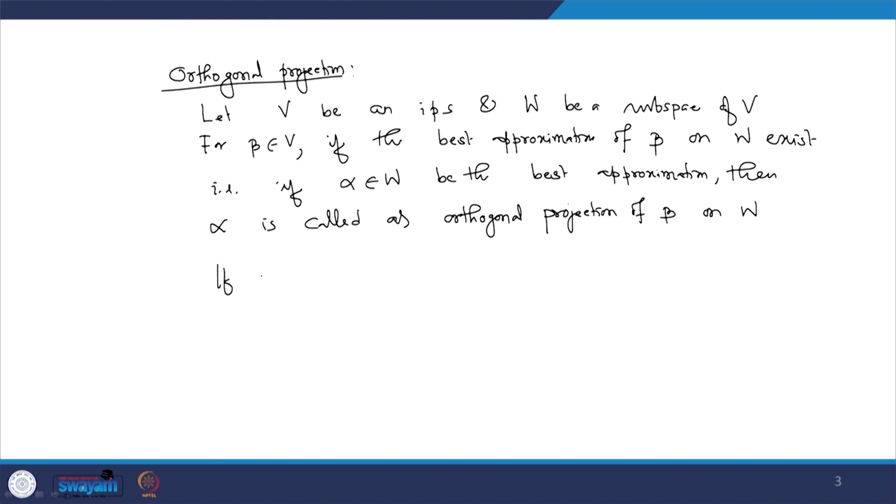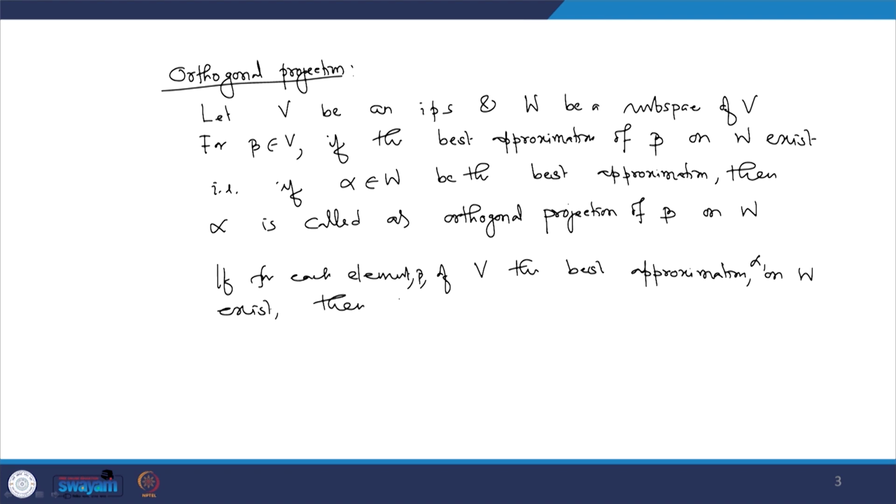If for each element beta of V, the best approximation alpha on W exists, then the map which